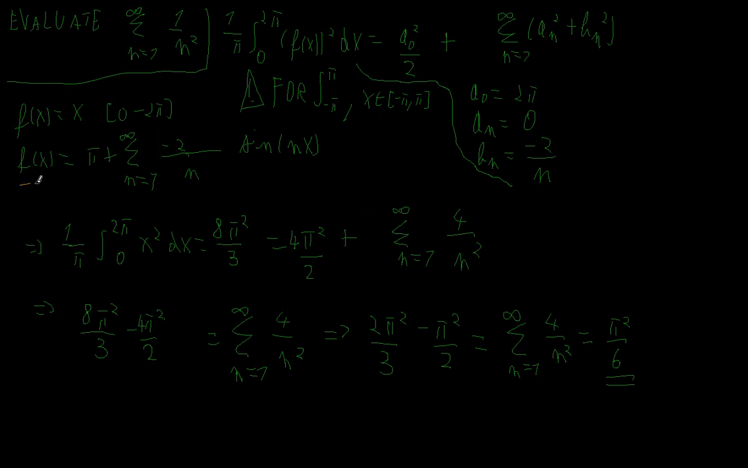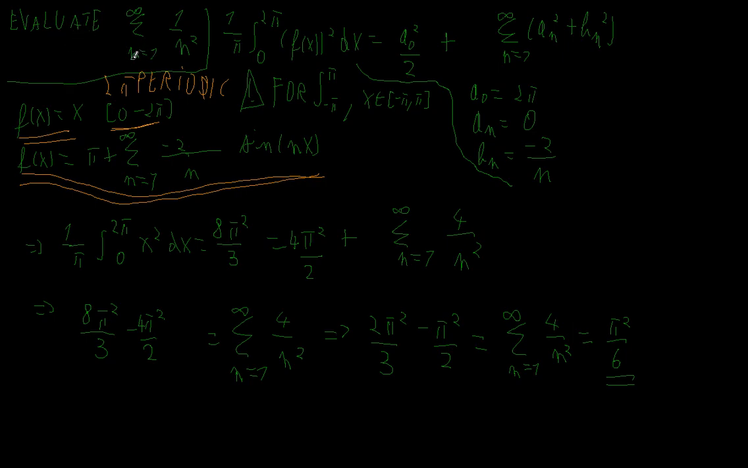So I have the following Fourier series representation of the function f of x is equal to x between 0 and 2 pi. So this is a 2 pi periodic function. So I have this following Fourier series representation, and in this video my goal will be to evaluate the